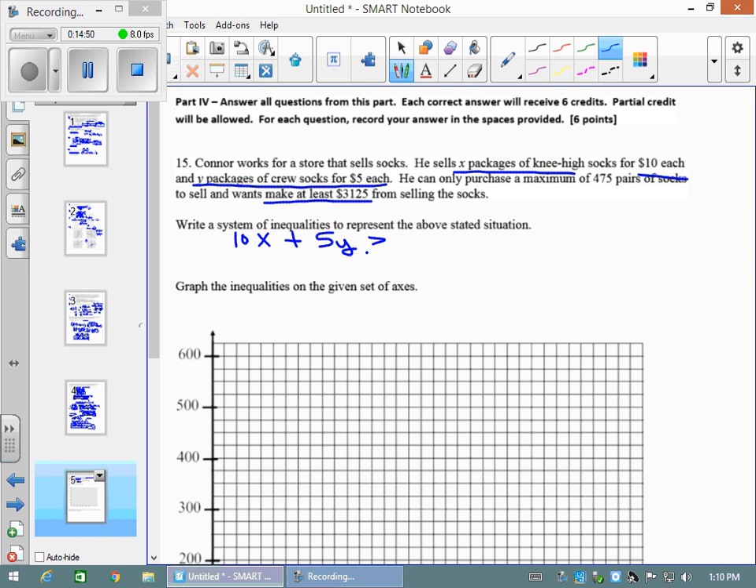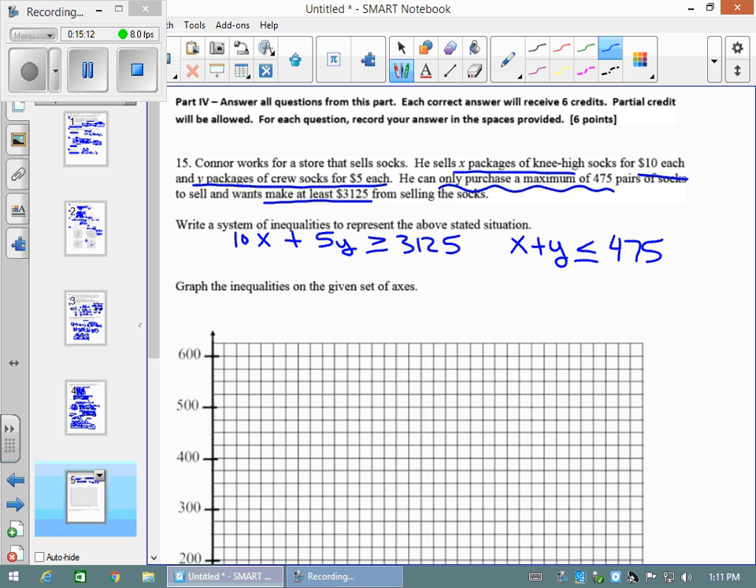Now you know you can only purchase a maximum of 475. So some number of knee-high socks plus some number of crew socks can only be at most 475. So here are my 2 inequalities. Now to graph these 2 inequalities,